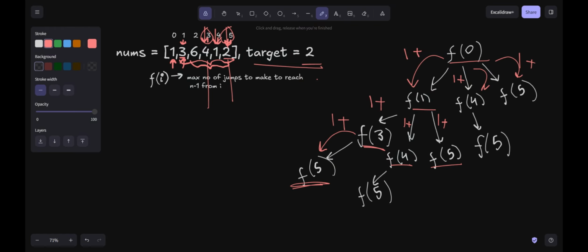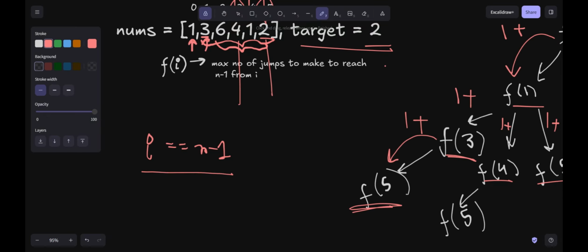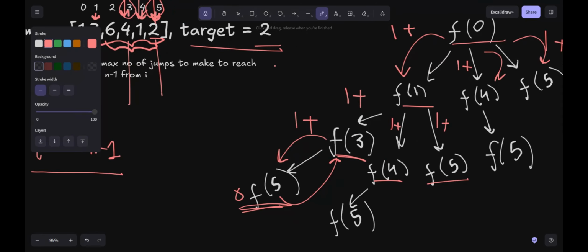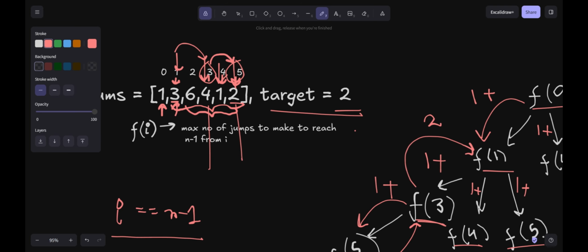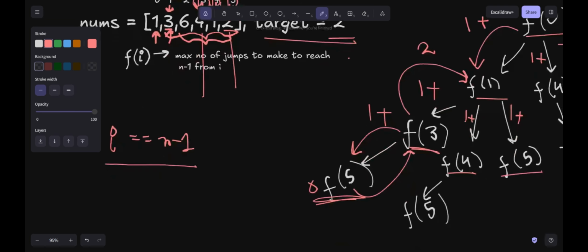So when I is equal to n minus 1, I can simply return 0, right? So f of 3 is going to return 1 because from 3 only one jump is required to reach f of 5. f of 3 is going to return f of 1, 2, because from 1 two jumps are required to reach f of 5, right?